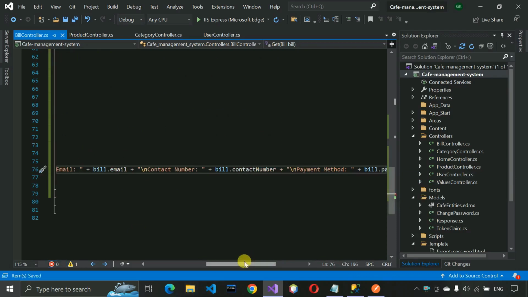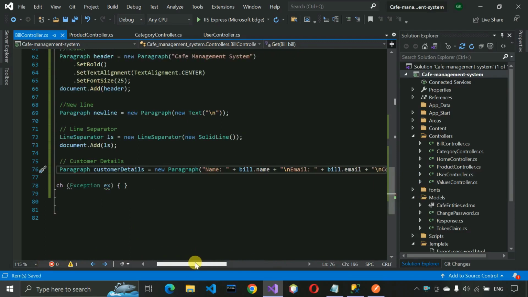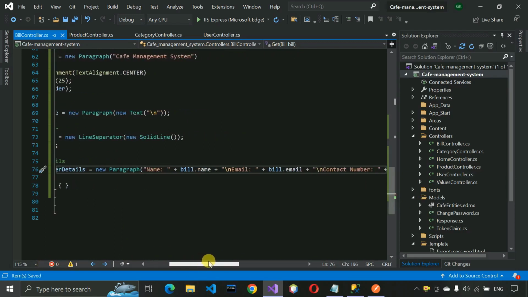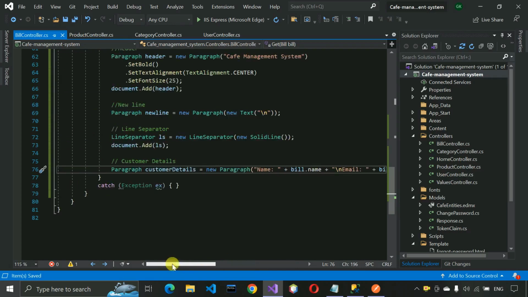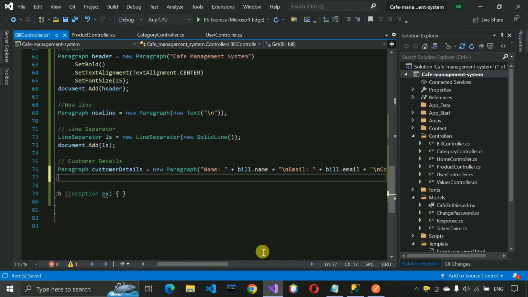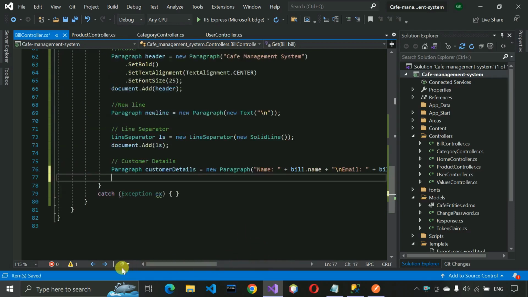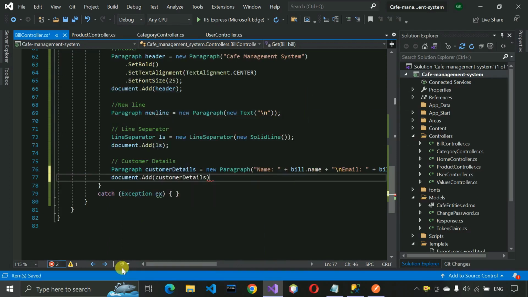Let me show you the complete line. So customer details, new paragraph, and inside name, which will be bill name, we are going to get it, email bill dot email, contact number bill dot contact number, payment method bill dot payment method, and after that we have to just add this one in our document. So document dot add, and here we have to pass the customer details, put a semicolon,